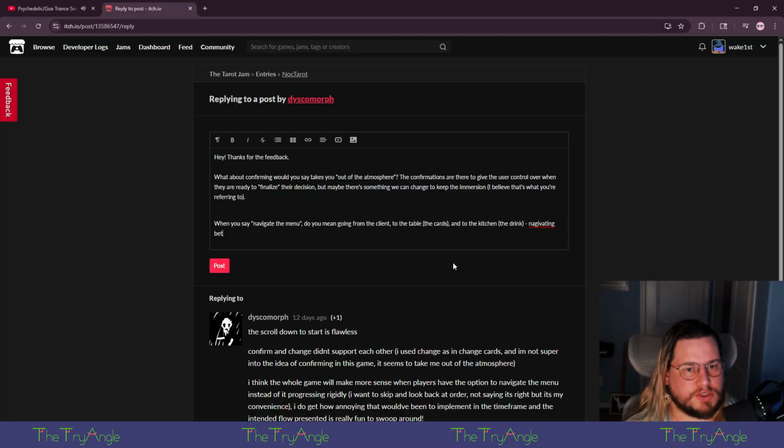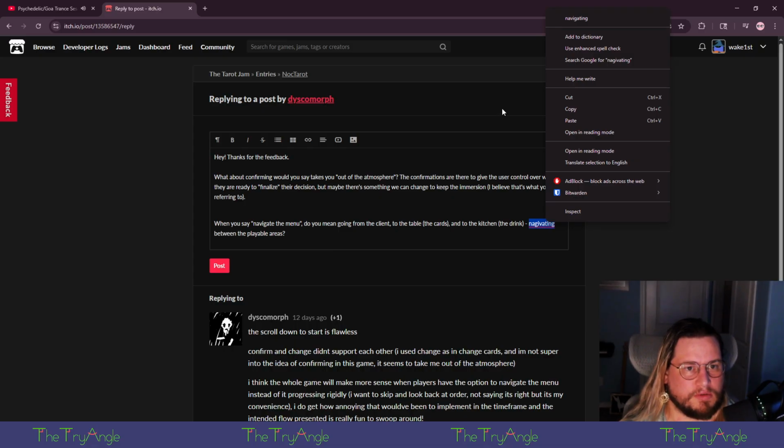Navigating between the playable areas? I think that's what they're referring to, instead of it going rigidly.